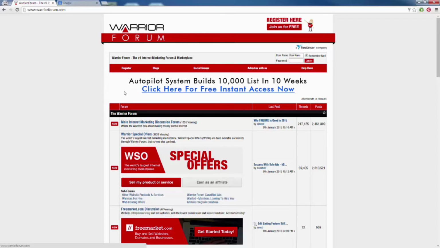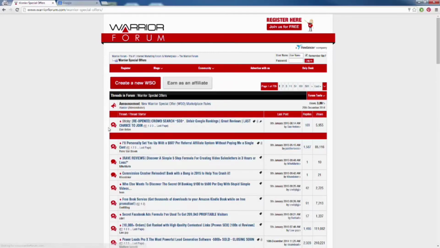Also, you'll notice we have a banner slot up here. We have this banner ticking, so this forum offers banner advertising. If we jump into this forum here, we can see the sticky section. The sticky section is definitely prime real estate on any forum, because stickies have been proven to get a lot more visibility, obviously, because they are stickied to the top of the forum.